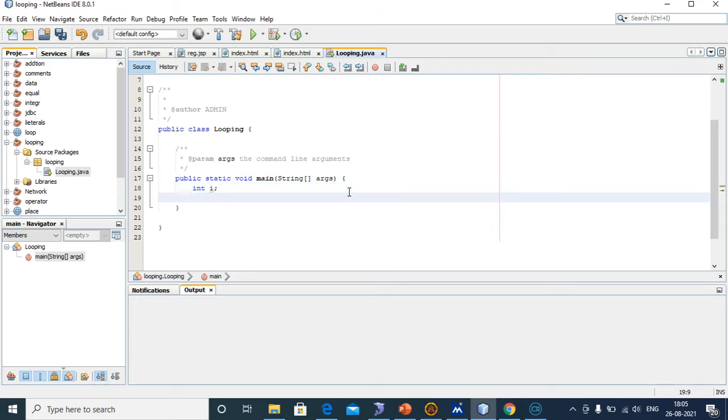After that, for, this is the statement: i equal to 1; semicolon; i less than or equal to 10; semicolon; i plus plus, which means the i value should be incremented. Okay, this is the for loop.